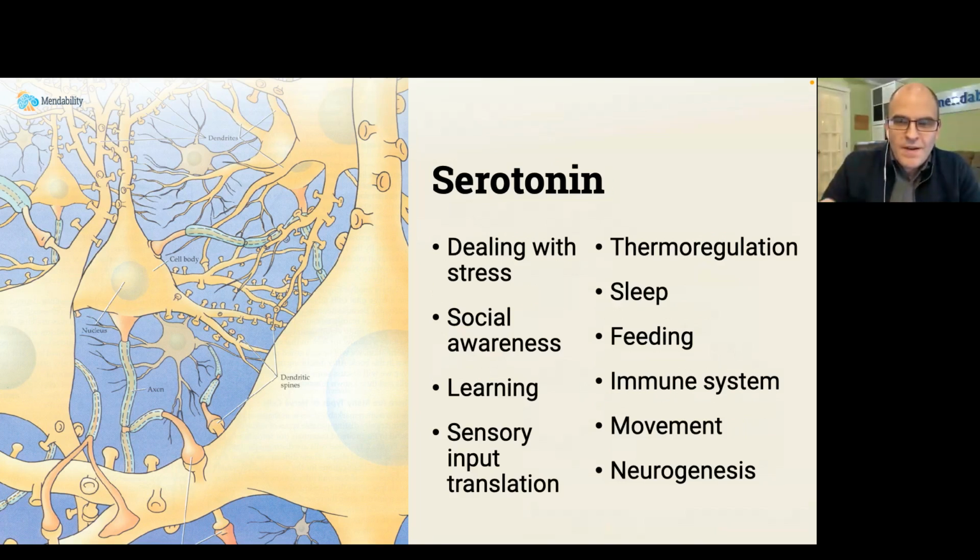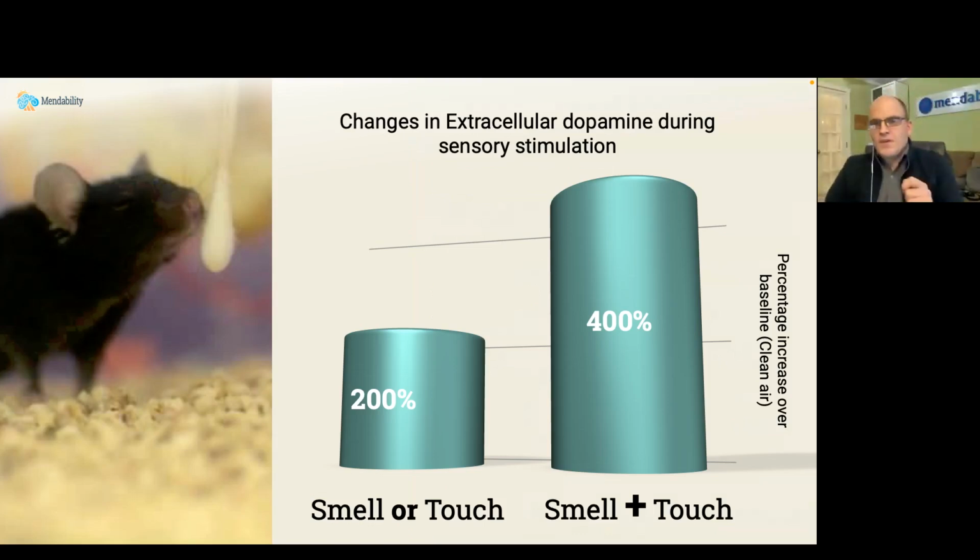So, what have we got for you to help you with dopamine in particular? They did a study with rats again, and they saw that compared to just breathing air, a brand new smell would boost their dopamine levels for about an hour, by 200%. But if they combined the smell with another sensory activity, and I believe in that study, they paired smell with touch, with just a stroke on the back, just petting the animal, the dopamine levels would shoot up, not 200%, but 400%.